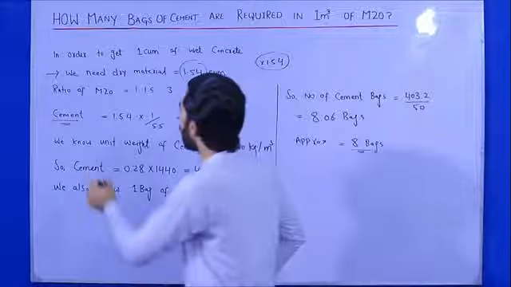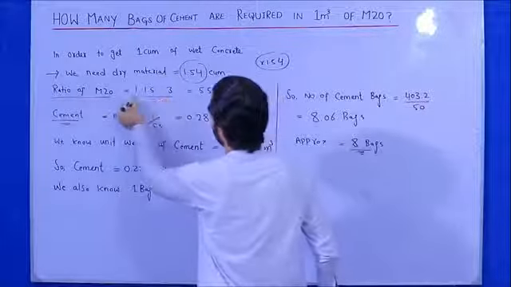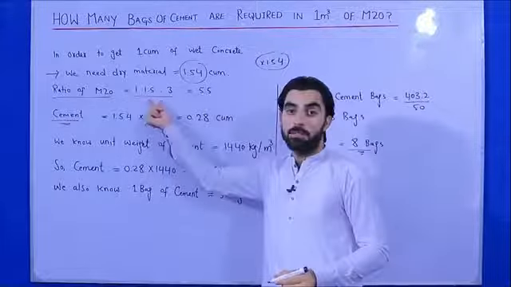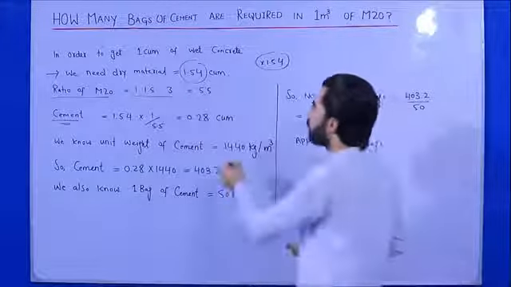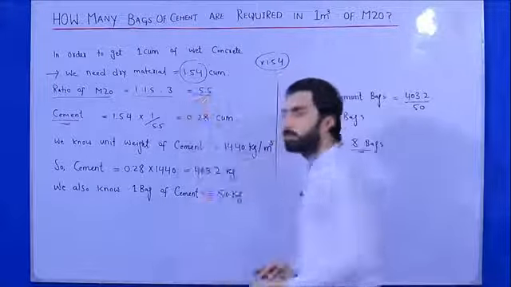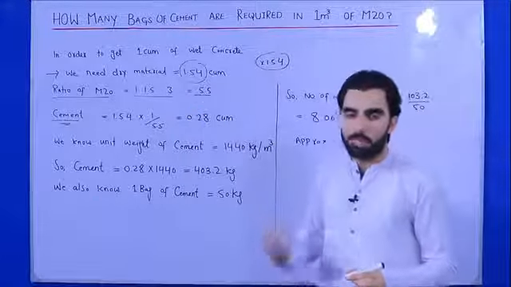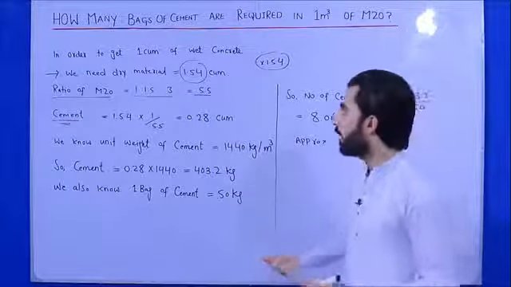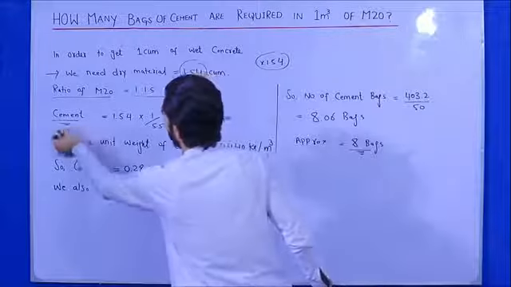As you know guys, the ratio of M20 grade concrete is 1:1.5:3. 1 part is cement, 1.5 part is sand and 3 part is aggregate. So sum of ratio becomes 5.5. Now what is the volume of cement required for 1 cubic meter concrete for M20 grade, which ratio is this one? So guys, we require cement.